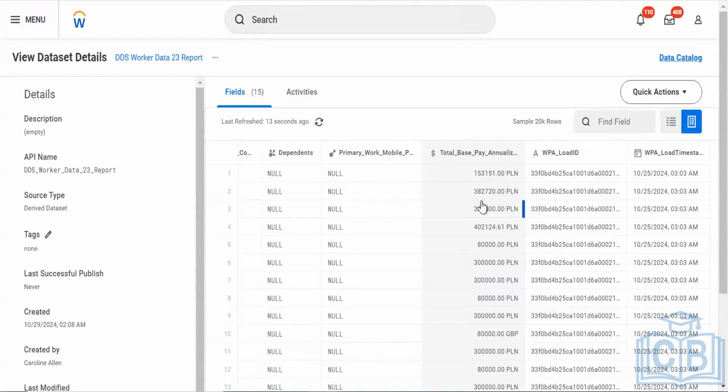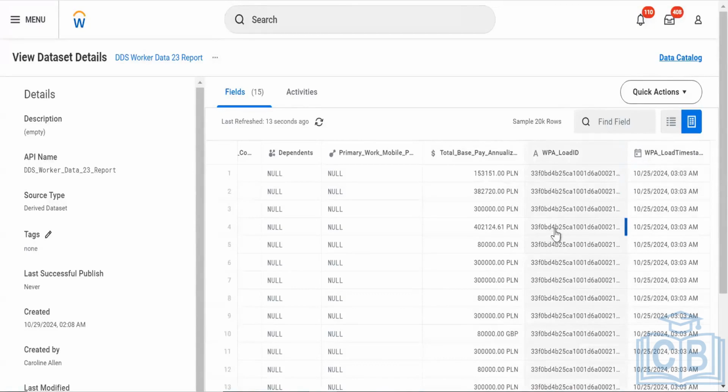Let's say I give a sort based upon total base pay from low to high. In that order, there are chances that all the data might get blended together. I won't know which load came first and which load came last. For that, Workday automatically creates a WPA load ID, which wasn't there in our source. You saw that in the report also, we haven't added WPA ID or WPA load step ID. The main purpose of these rows being added is that when we load the data, Workday assigns a unique load ID,